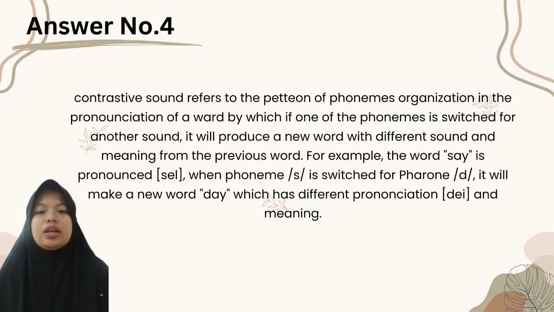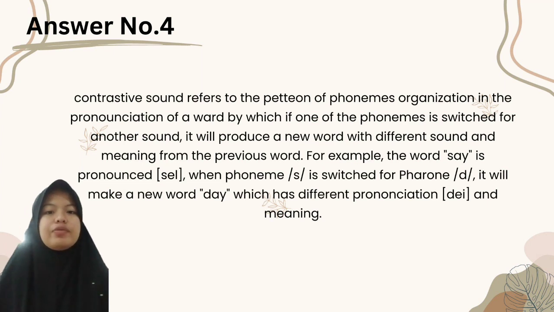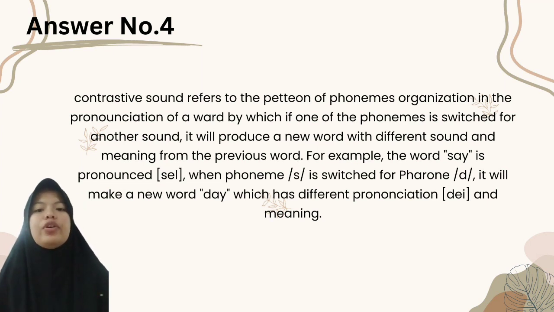Number 4. Contrastive sound refers to the pattern of phoneme organization in the pronunciation of a word, by which if one of the phonemes is switched for another sound, it will produce a new word with different sound and meaning from the previous word. For example, the word say is pronounced say. When phoneme S is switched for phoneme T, it will make a new word, day, which has different pronunciation, day,